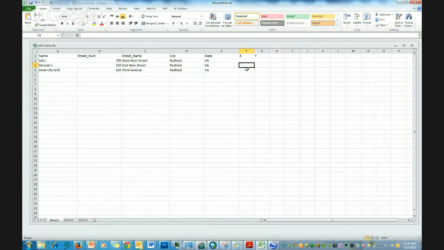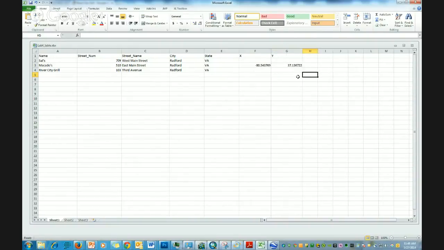and how that corresponds to latitude and longitude. So our X here is going to be longitude, so it'll be negative 80.5437769, and then our Y is going to be latitude. It's going to be 37.136722. And we can make these fields bigger to make sure that all of our numbers are actually there. Okay, so we got our X and our Y,